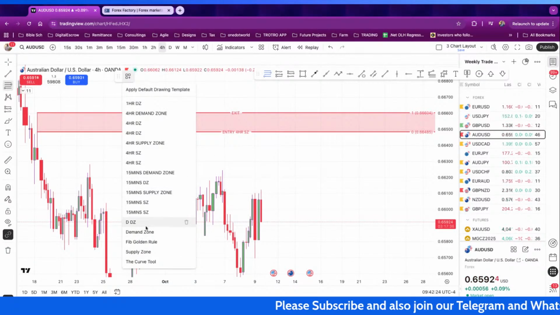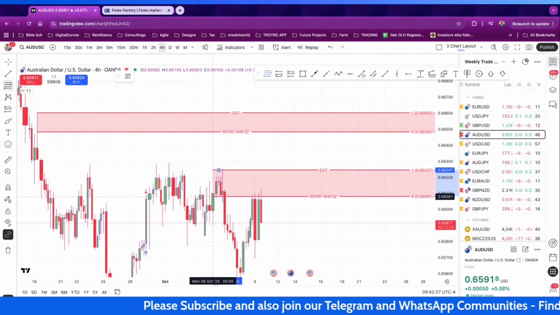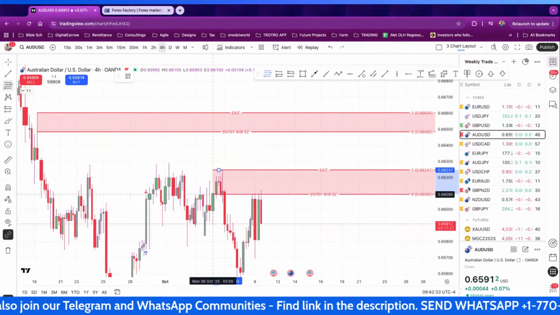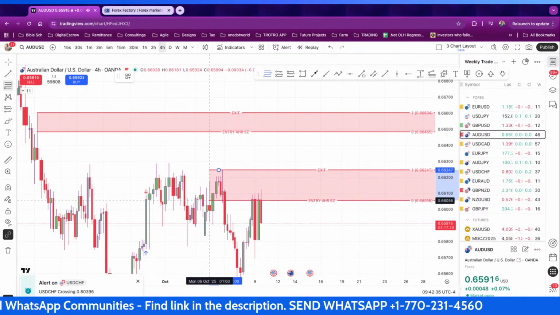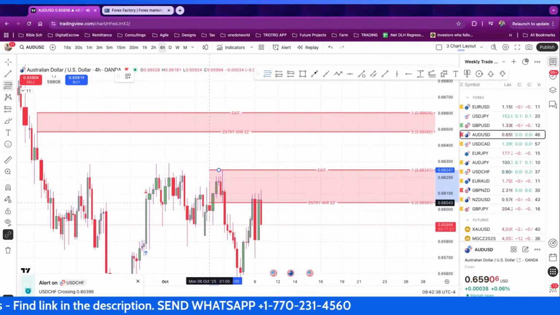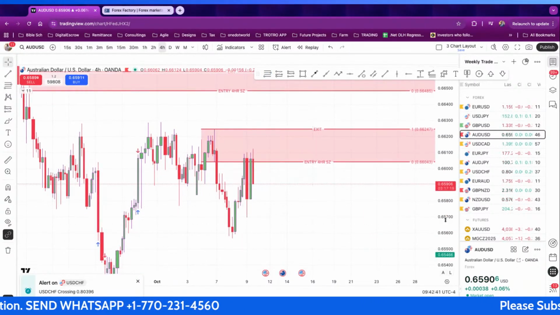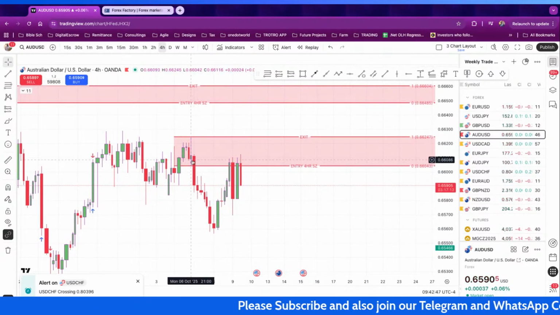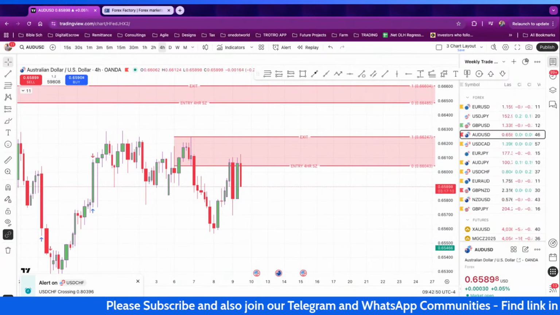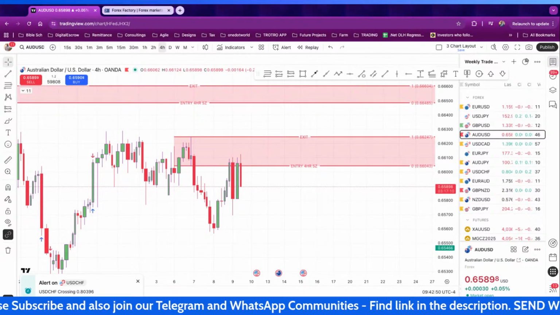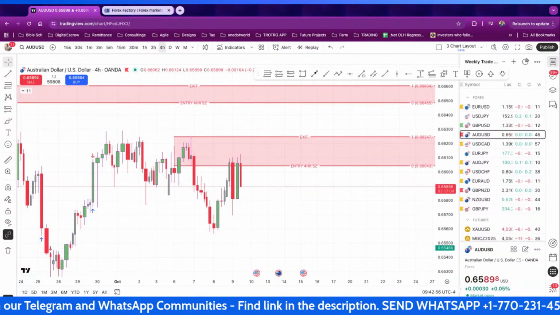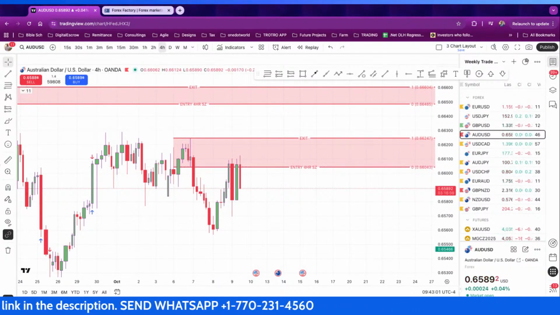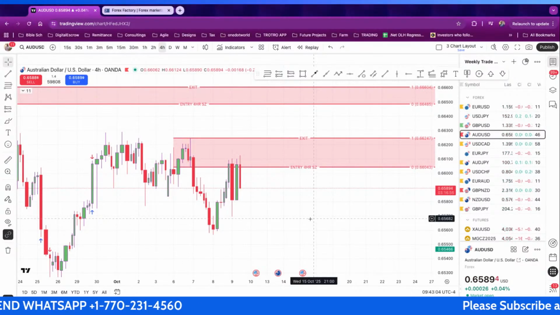But I hope you guys took it, because this was on the grid, right? Everything that I'm doing, guys, it's already on the grid. If you took this zone, or if you took this trade right here, then you're already in the money, right? I put this supply zone on the grid yesterday, I think Tuesday night or yesterday in the morning. So if you took it from the grid, you should be in the money, guys.